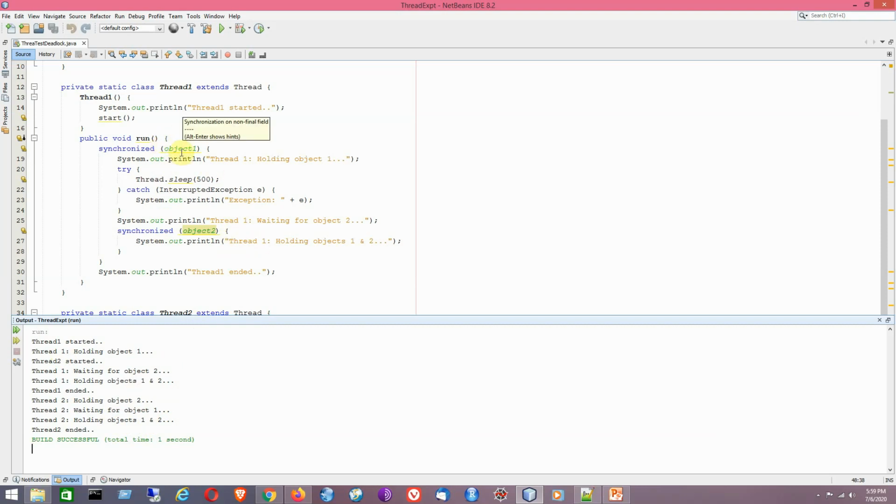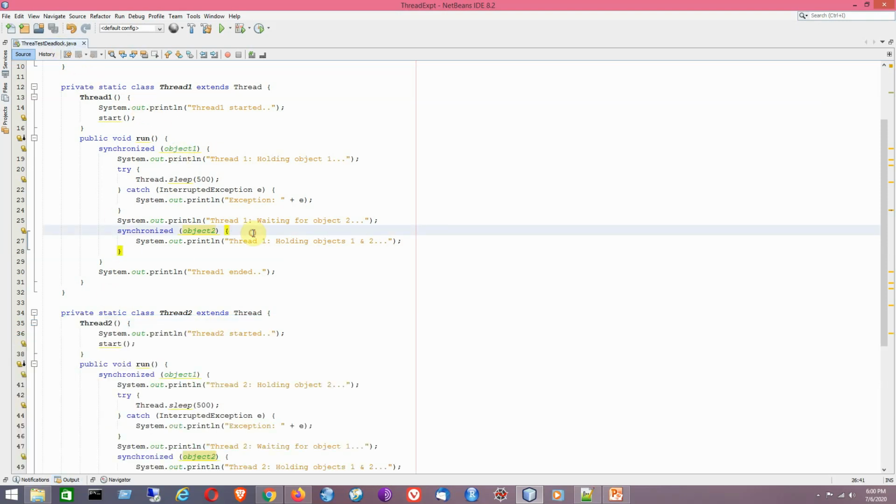So it is up to the programmer to solve the problem. The deadlock problem can only be solved by using the programmer's experience, intuition, and the type of intelligent code that he or she writes. Java API will not help you in solving the problem in that sense. It is up to the programmer to solve the deadlock problem by writing code more intelligently, and it will give the program the desired output. That I would like to say here.